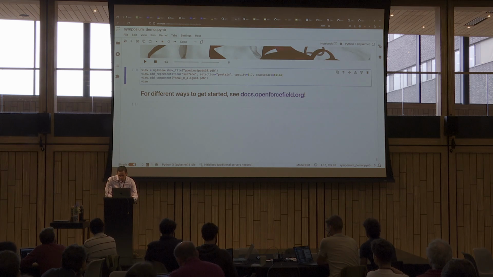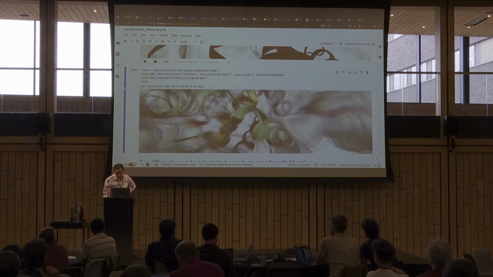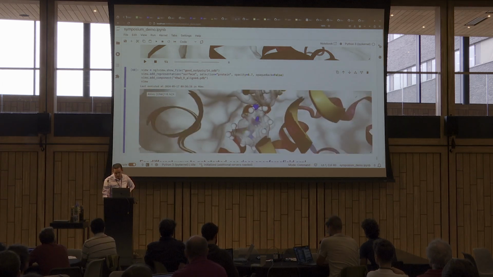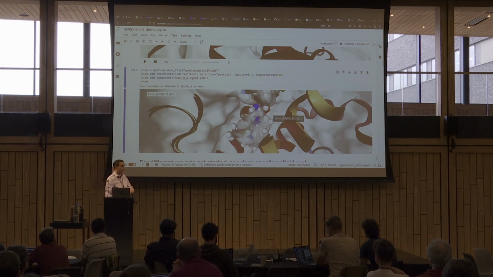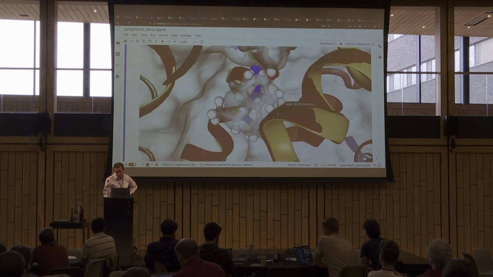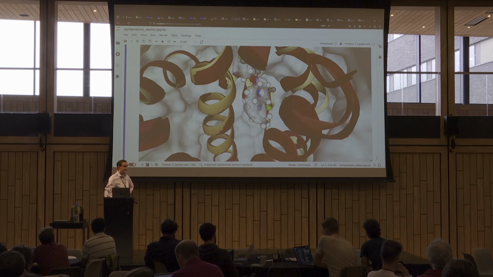The question is, did we get the right pocket? And so here, I'm superposing the original ligand, the one that initially set off this whole investigation when I found a crystal structure that had a big ligand that was going very deep into this pocket. And again, I'll show you a little bit this big. But yes, it turns out that just by naively having the suspicion that there's a pocket over there and telling the ligands to grow in that direction and iteratively